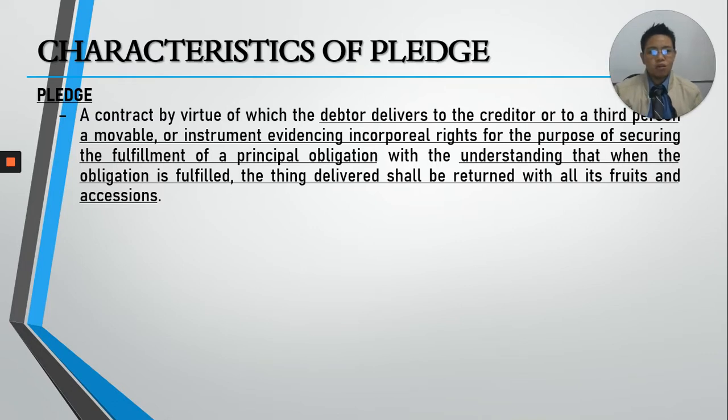So, nangangako ang debtor na i-deliver ang isang movable property. Anong example ng mga movable property? Vacuum cleaner, washing machine, ano pa ba? Di ko na alam, basta ganon. Basta mga movable property. Cellphone siguro pwede yan. So, pwede rin daw instruments evidencing incorporeal rights such as certificates of stock. So, that will evidence yung mga certificates of stock, they are evidence of ownership of shares of stock in a corporation. So, pwede yun na lamang ang i-deliver mo.